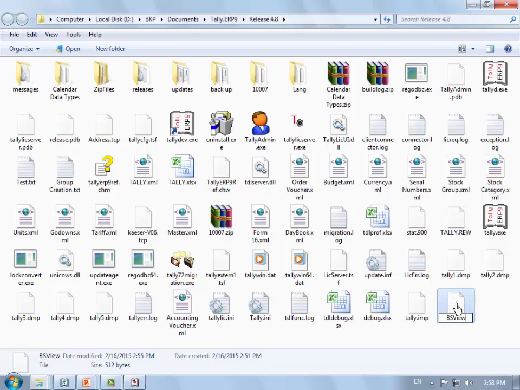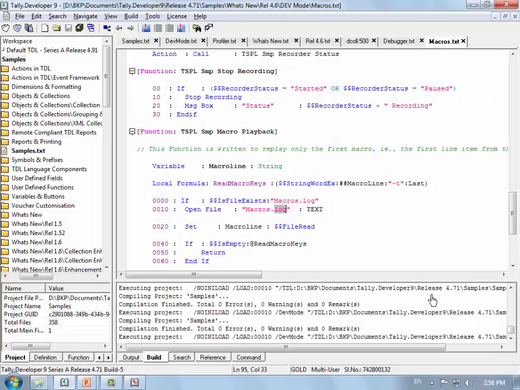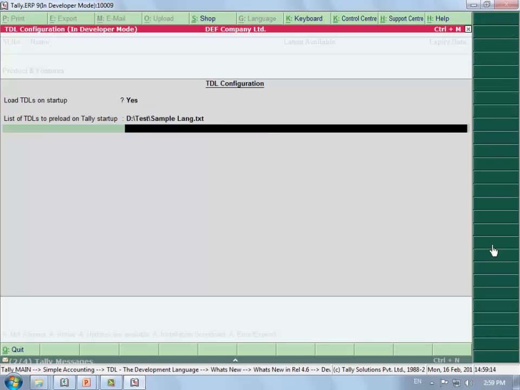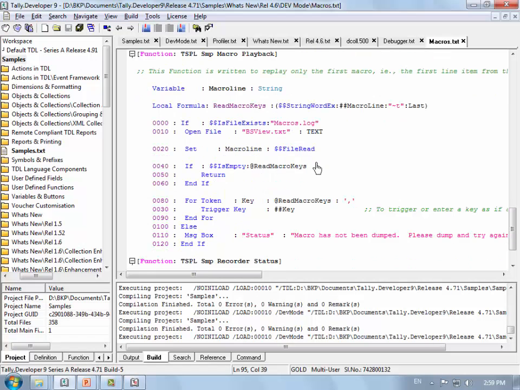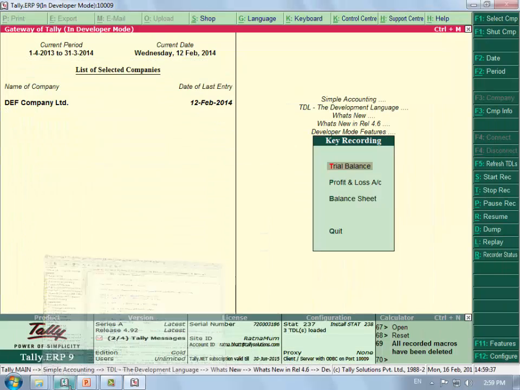Right now we don't have macros.log, we have bsv view.txt, which is not empty. So we will just read that text file. It will read everything from the file and return the keys. So what we have done is we just start returning you the keys.